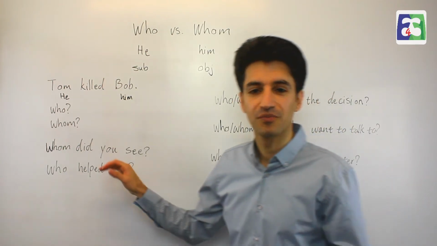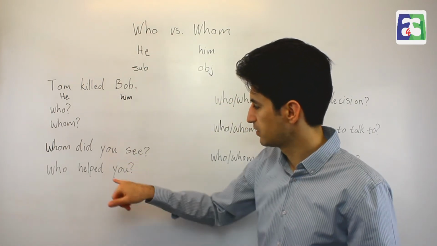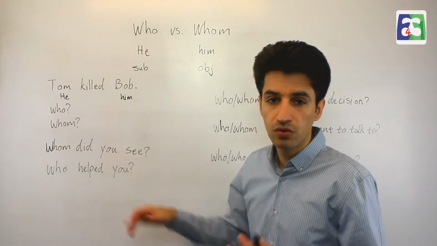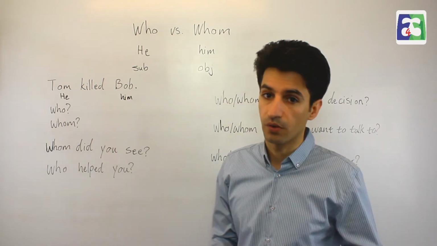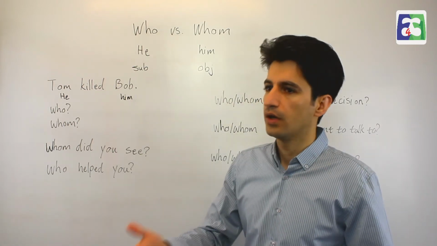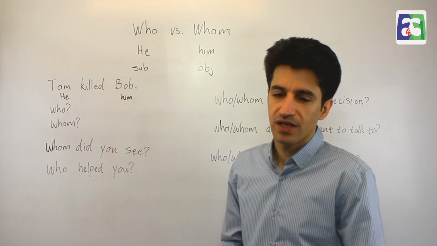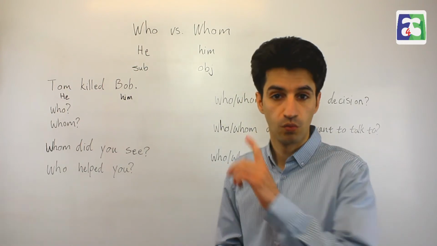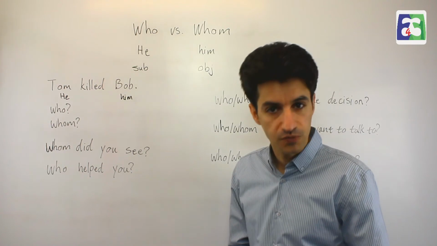Now let's look at these examples. I've got you in this sentence and you in this one as well. So by looking at the context you can say if this is the subject or the object of the sentence. You help me, I help you. In both sentences, I have you, once as the subject of the sentence, once as the object of the sentence.